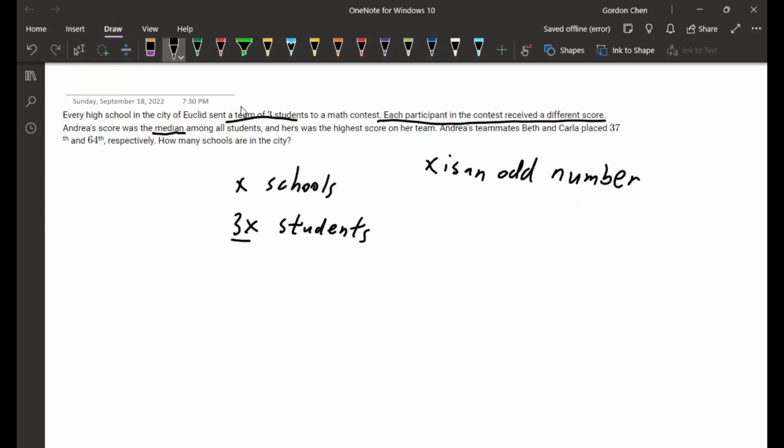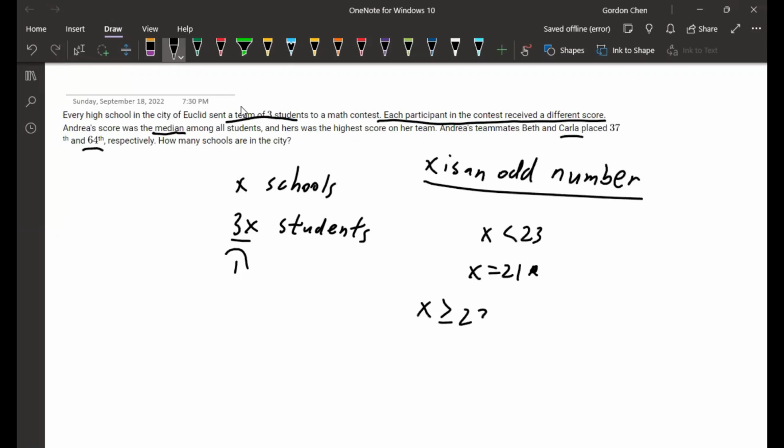and x can't be less than 23. So x is an odd number, and if we have x less than 23, that means x would be 21. If x is 21, then the total number of students would be 63, and Carla placed 64th, which causes a contradiction. Therefore, x has to be greater than or equal to 23, and